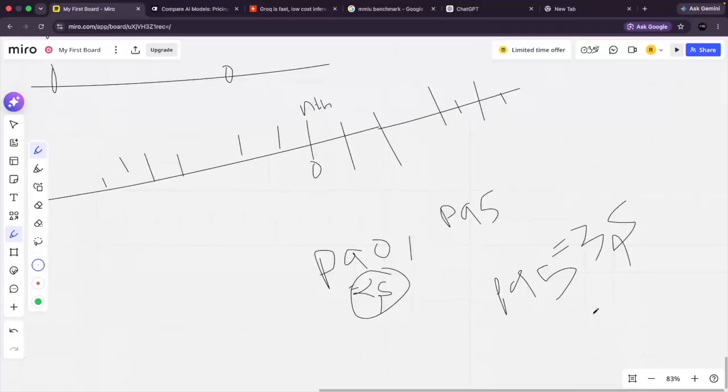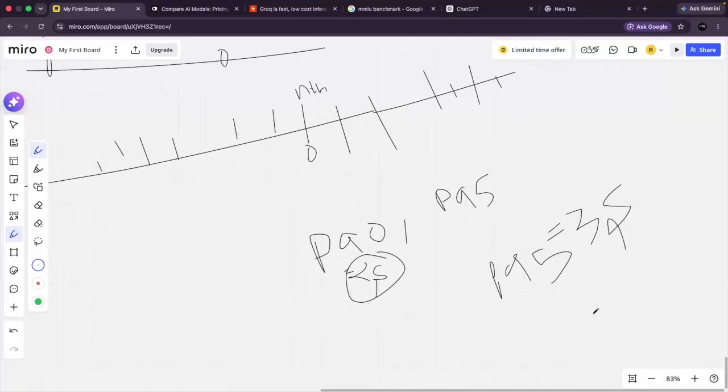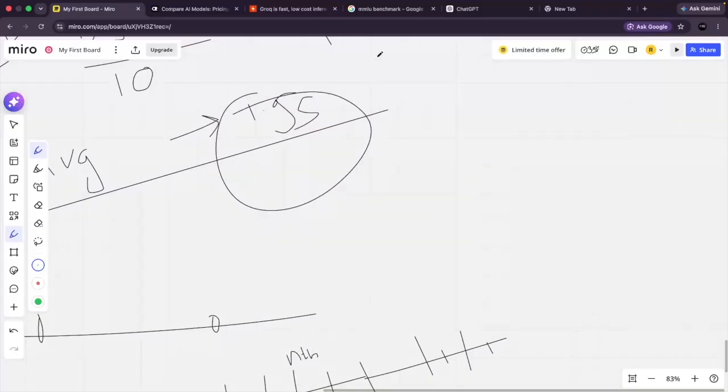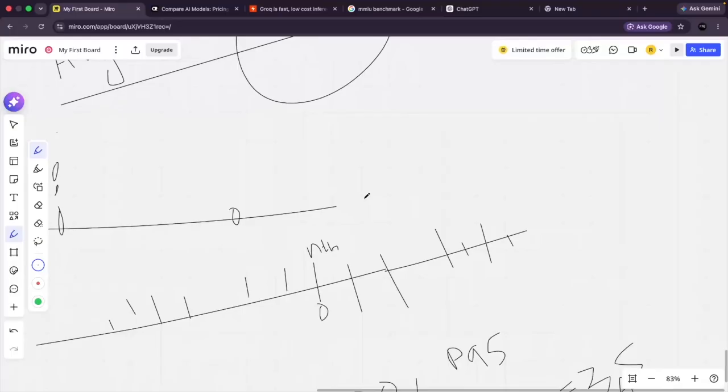This is a clear understanding of how, as an engineer, we can know which requests are taking more time, or what the latency of our application is. Because if we take the average, we won't know clearly what the performance of our